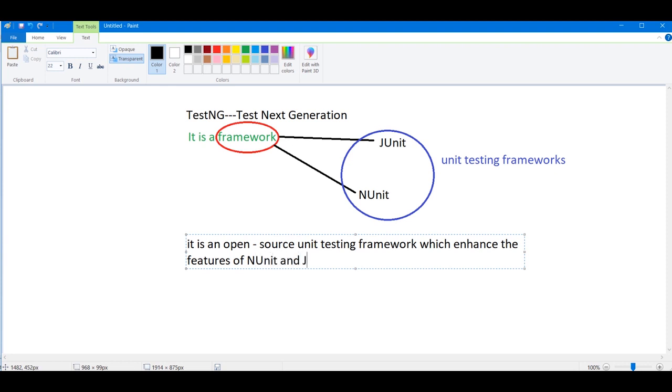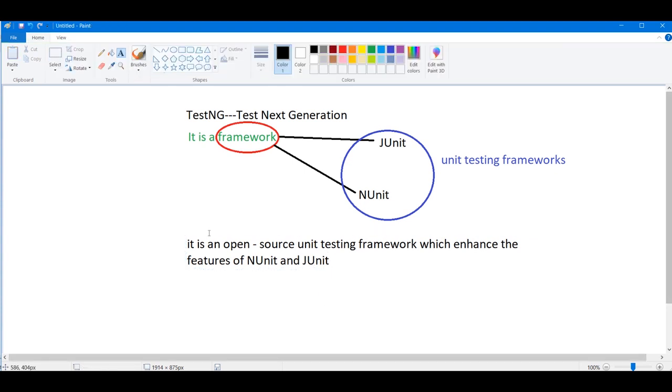Okay guys, in your interview, your interviewer might ask you why there is a need for the TestNG framework. Why? Because we are having NUnit and JUnit, which is done by a developer. So from a quality management perspective guys, it is your duty to re-ensure that whatever testing related thing, you are going to take charge.